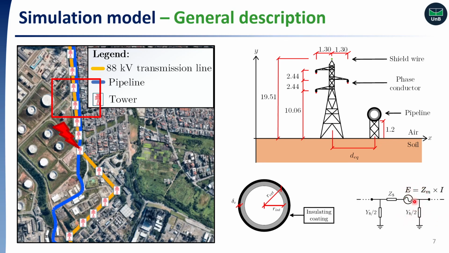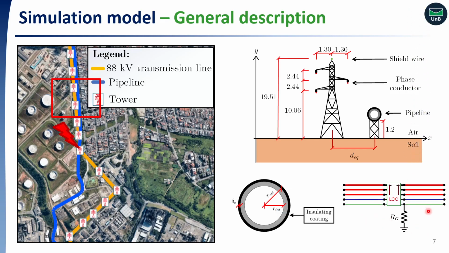Electromagnetic induction is modeled by a fictitious voltage source that depends on the mutual impedances between the pipeline and the transmission line conductors. Well, this is pretty much a transmission line as we study in electromagnetism. We have a series impedance and two shunt admittances. So the pipeline actually is a transmission line as well. Then, in this case, in the EMTP, we can replace this by this, a line constants block. This block in ATP